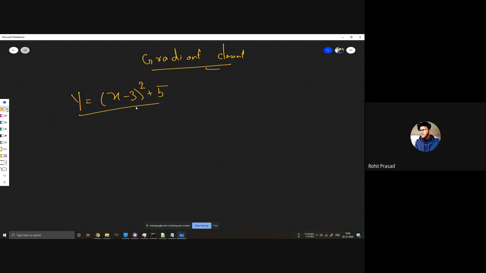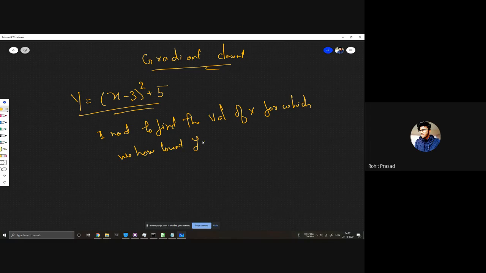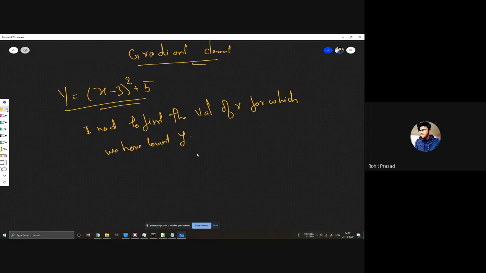And for this I need to find the value of x for which we have the lowest y. So the first thing that comes to your mind is just plot it.